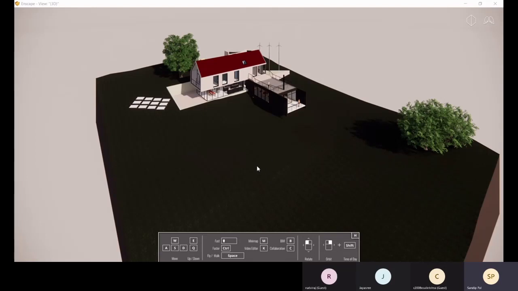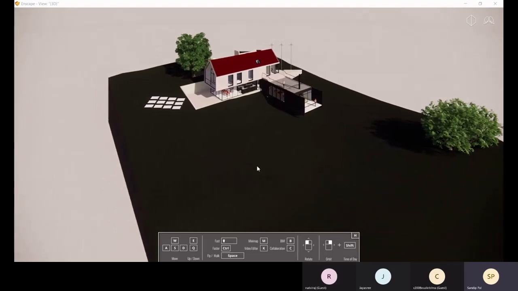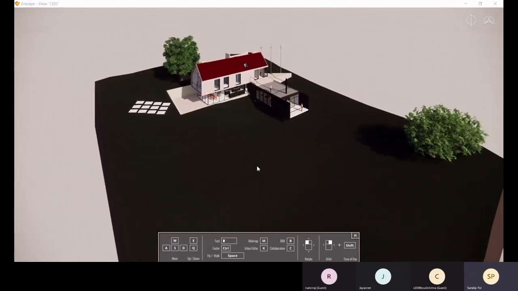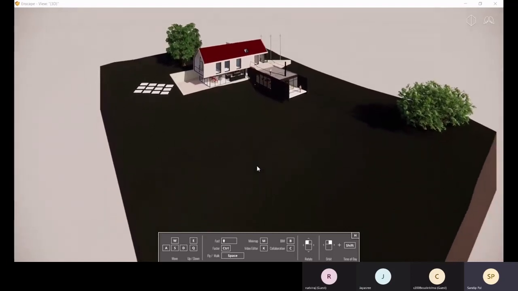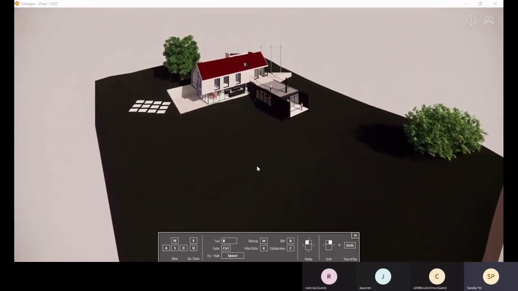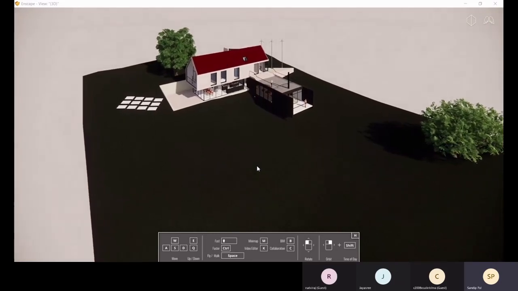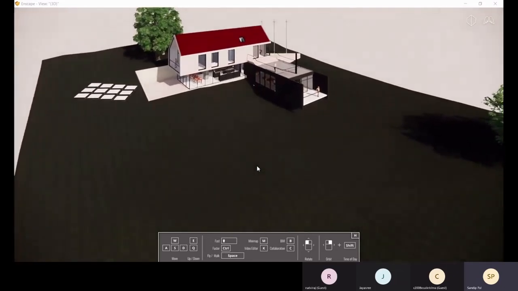So to move around, we have the WASD keys. W to move forward, S to move backward, A for moving left, and D to move right. Q is for moving down, and E is for moving up. If you press the up arrow while moving forward with W, you will move fast.